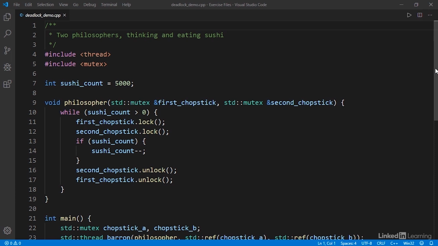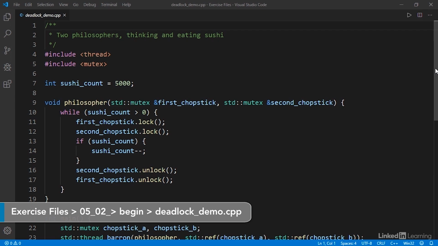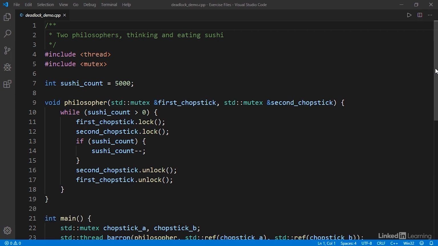To demonstrate a deadlock, we've created this example program that simulates two dining philosophers thinking and eating sushi. The philosopher function on line 9 takes two reference parameters named first chopstick and second chopstick, which indicate the order in which the philosopher will lock the two mutexes. The while loop on line 10 will continue to run as long as the sushi count variable is positive, which represents the amount of sushi left on the shared plate between the philosophers. We initialize the sushi count to 5,000 on line 7,